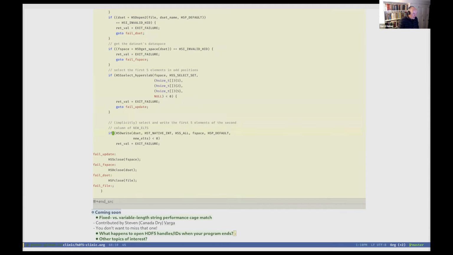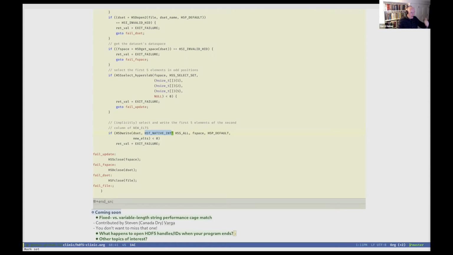A typical use case for H5S_ALL is, remember, when you do an H5Dread or H5Dwrite, the sequence of arguments is typically, well, there is the dataset from which you are reading or to which you are writing. Then it is the in-memory type.